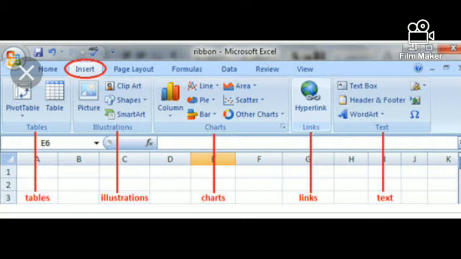The commands in this tab are used to add more information and style to your workbook. You can check out the groups: Tables group, Illustrations group, Charts group, Links group and Text group. From Tables you can insert a table, from Illustrations you can insert shapes, and from Charts you can insert a chart.